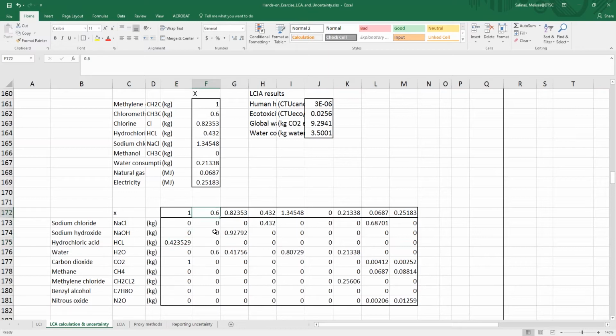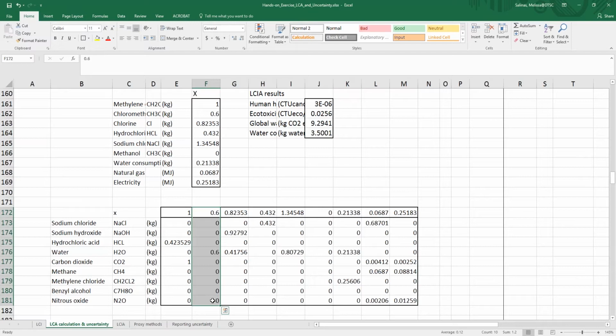And then, well, 0.6 kilogram of the second product, which is chloroethane, and then we know how much water will be used. We have all this information, and because we have the characterization factor as well, we know exactly which process contributes how much. At the characterized result, we can do that. We can do the elementary flow level. We can do the weighted impact level. We can do all that. So based on that,